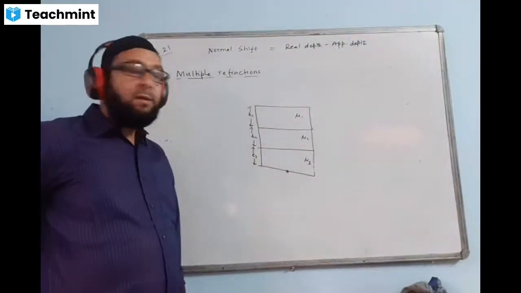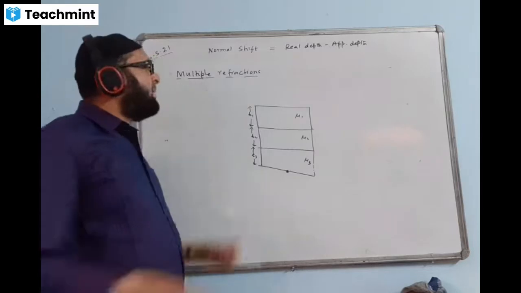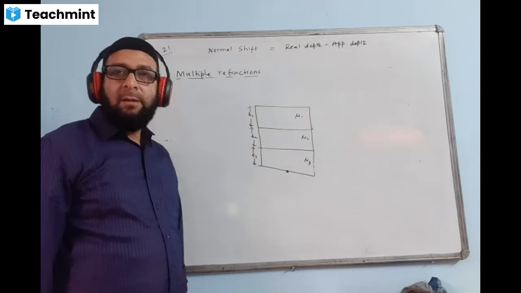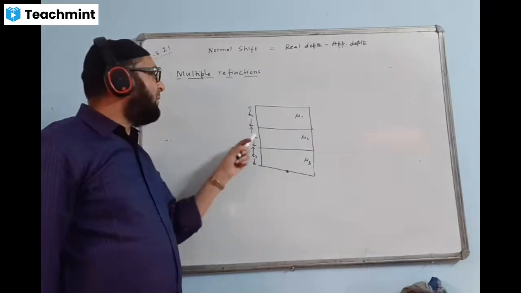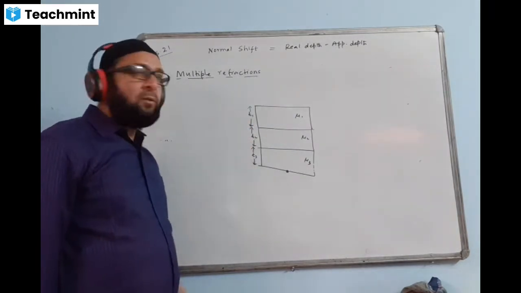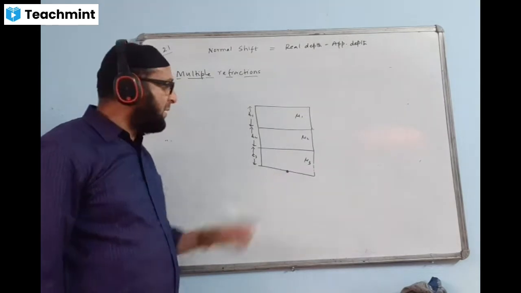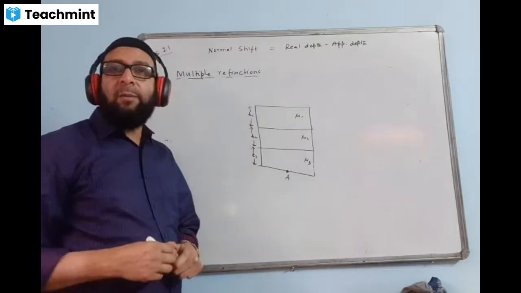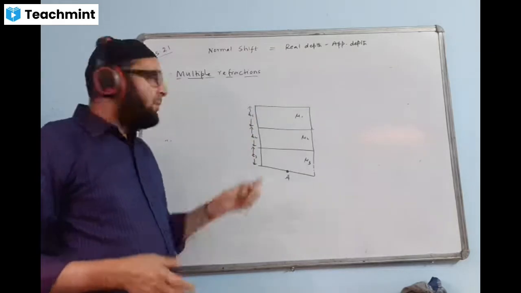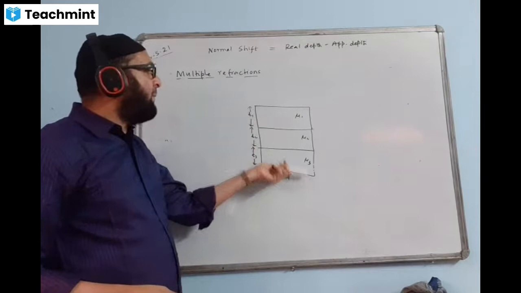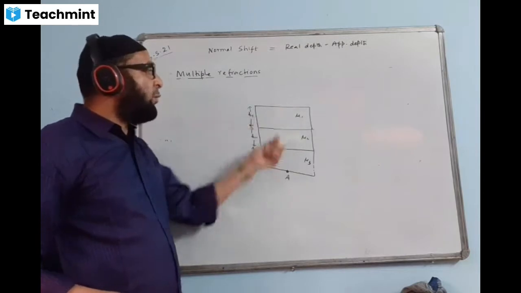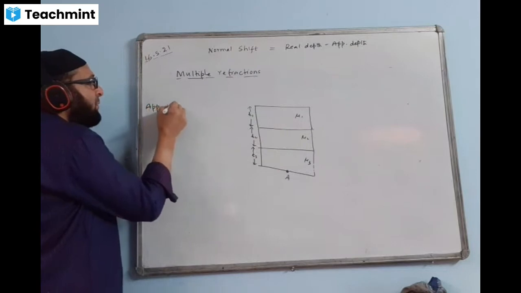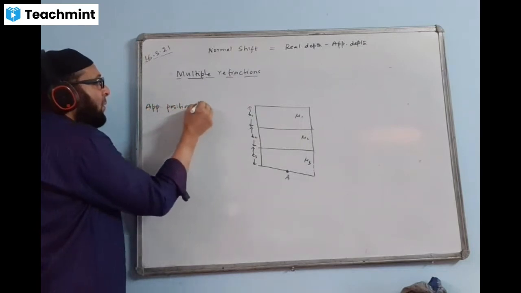So we are having multiple refraction, meaning many refracting surfaces, 1, 2, 3, 4, 5, and so on, like that. The thickness of this is T1, of this is T2, of the third block is T3, and so on. An object lies here, and this object is being viewed vertically from above. You know, this is a rarer medium, so this object will appear to be raised, that is, it will appear a bit closer.